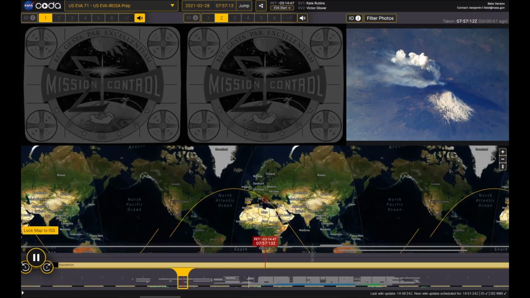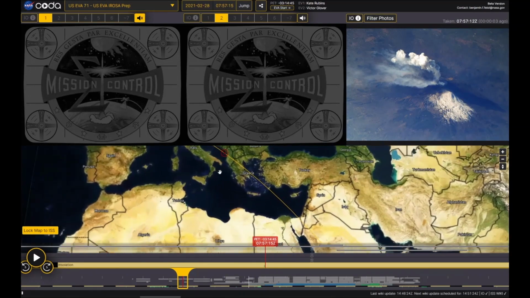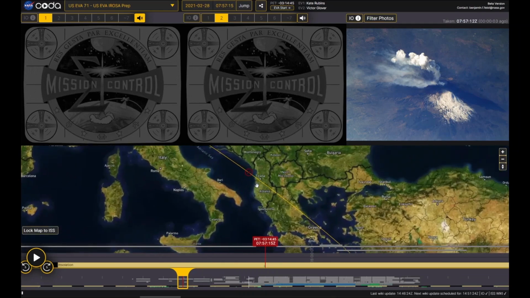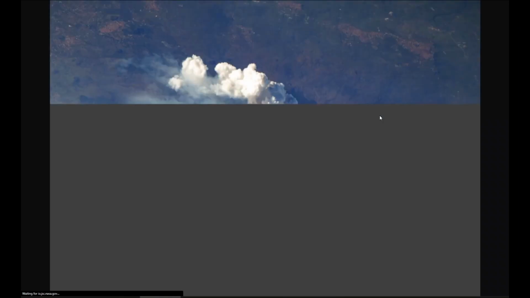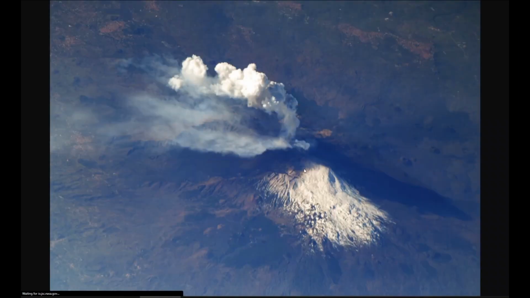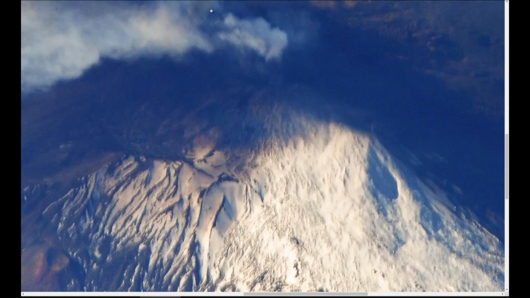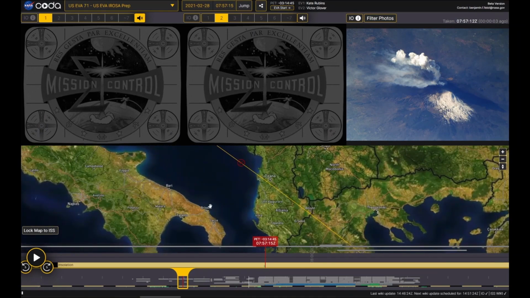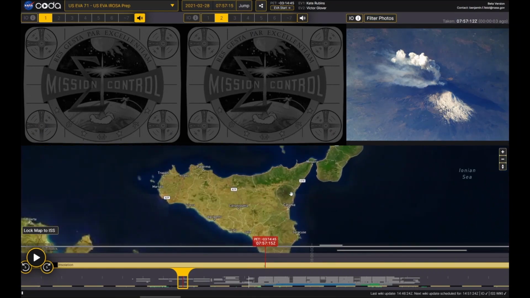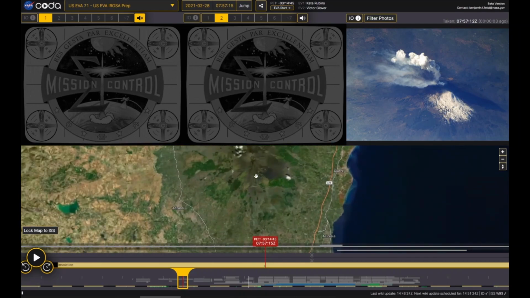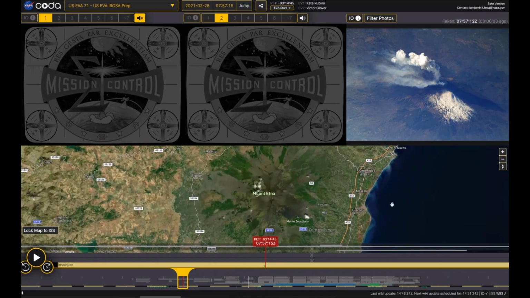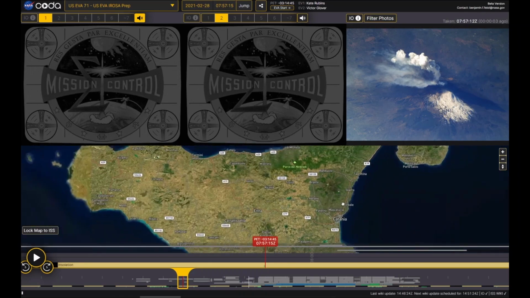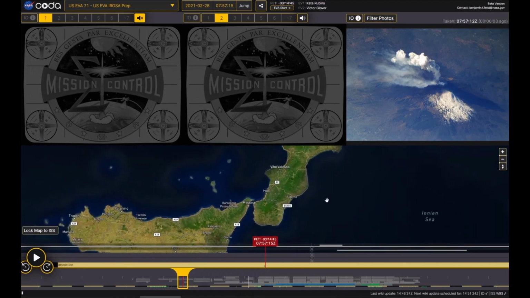Example of Earth imagery and how that can be used in this system. So here I pause as this photo is taken of Mount Etna. As it was erupting, it was a point of interest. And this is an SLR photo taken through a window on, I believe, the cupola on the ISS. These photos are amazing, but it wasn't even necessarily metadata that showed it was Mount Etna until you realize that's Mount Etna right there in the map. And they were right over the Adriatic Sea, looking over most of Italy from 500 kilometers up at this oblique angle of Mount Etna.